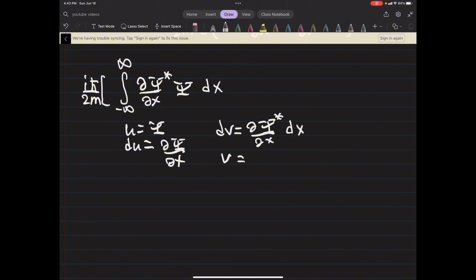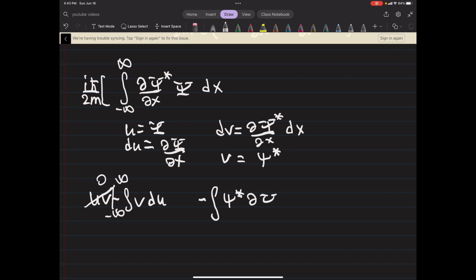Then if we integrate this, our v should just be psi star. Okay. So again, uv minus the integral of v du. Once again, uv goes to 0 from our bounds. Because our wave function is normalizable, they go to 0 there. So we're left with just minus the integral of v psi star times